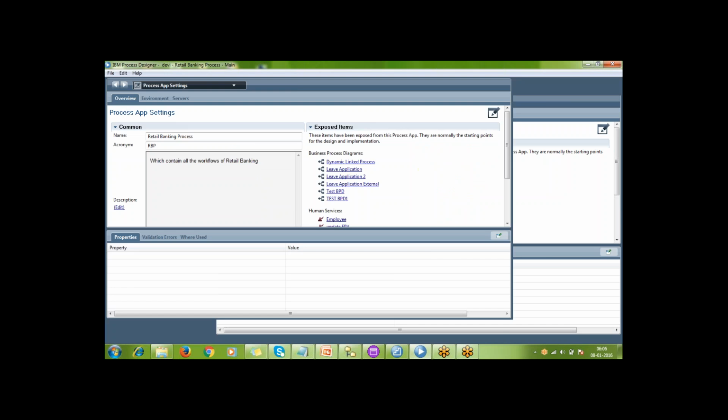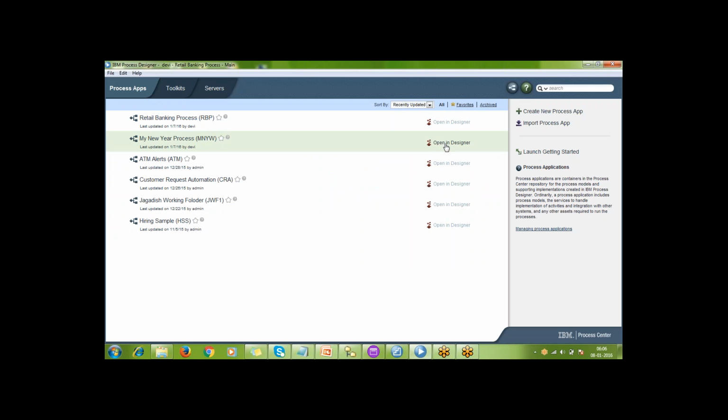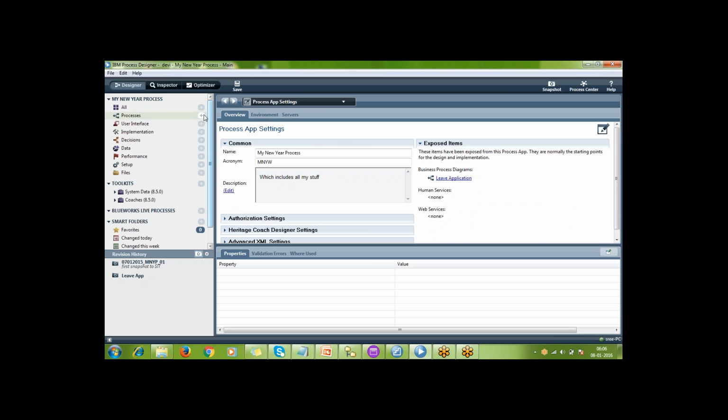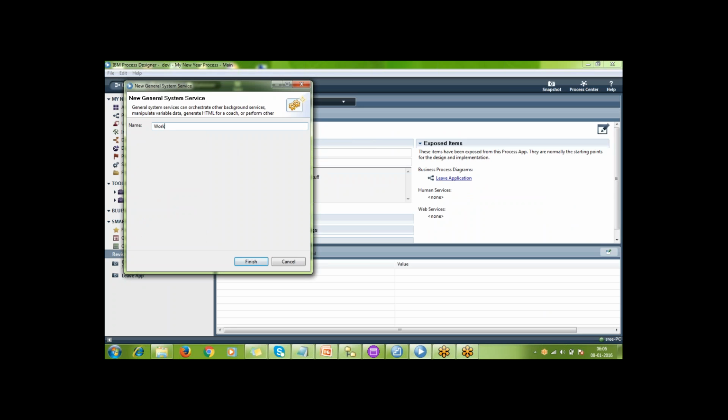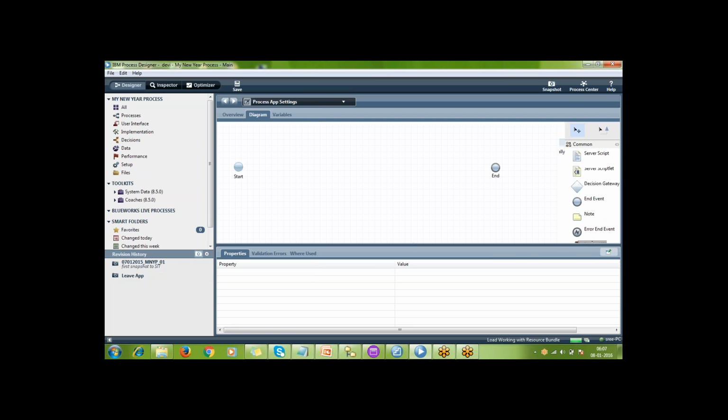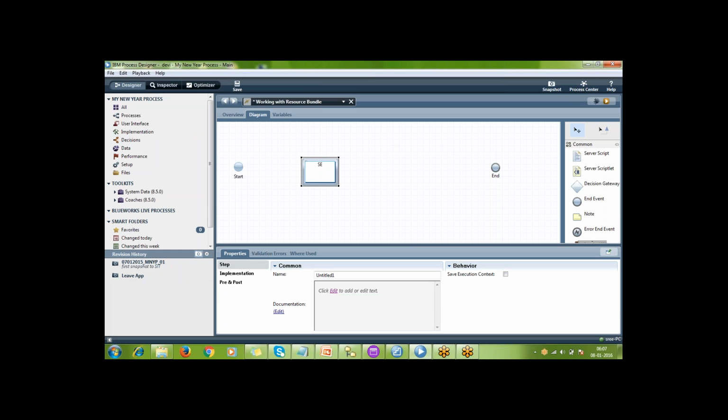Let me go into our process app where we are doing all of ours, my new process app. Okay, working with resource bundle. For example, in your business scenario, we may have to write hard-coded values.